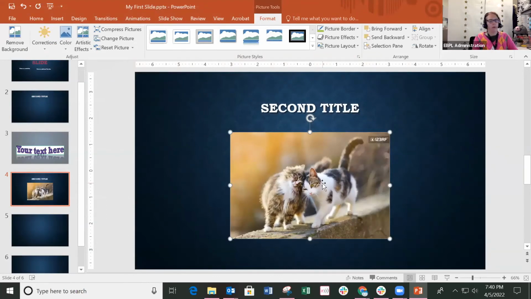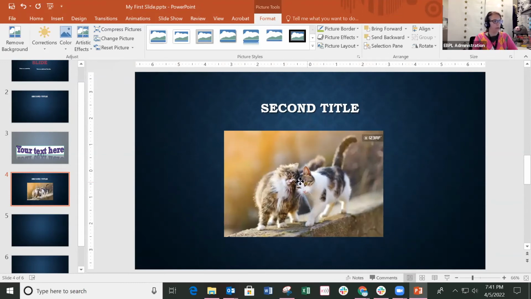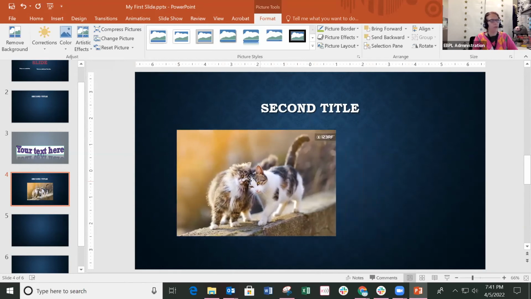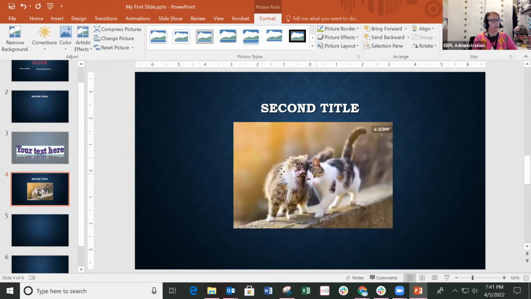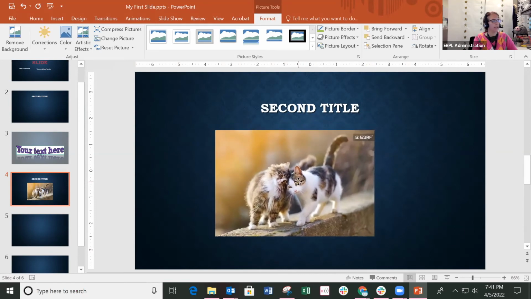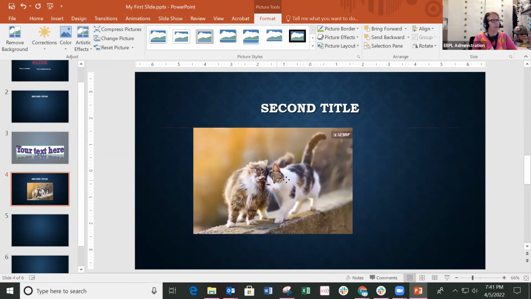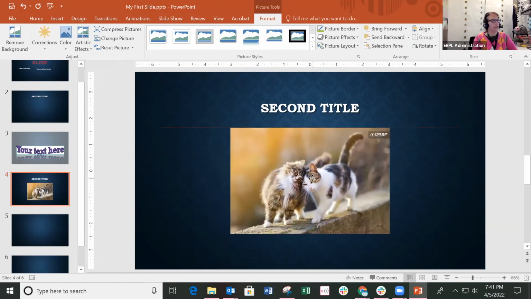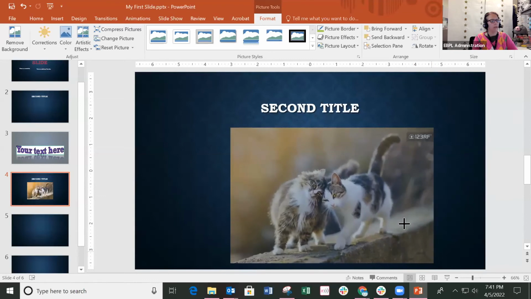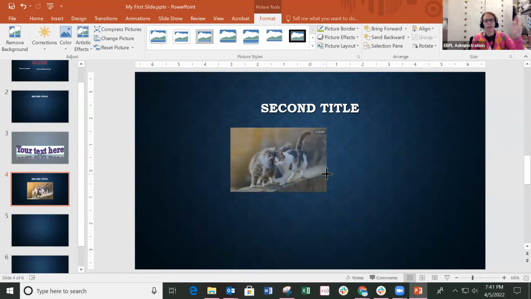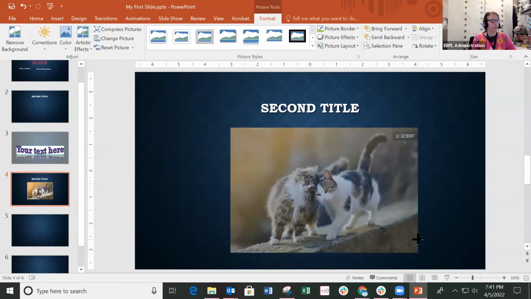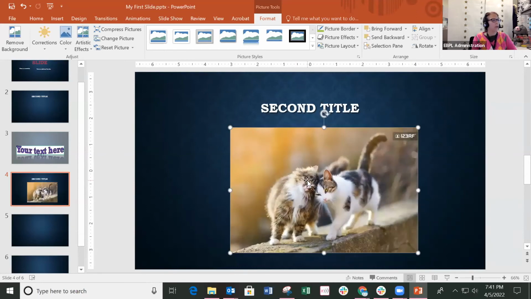With this picture, when you have the four-point cross with the left button on the mouse, you can move your picture and you're going to see some guidelines that make sure it is straight or centered on the slide. You can also make it bigger or smaller, and it's going to keep the proportion of the picture. You can also,